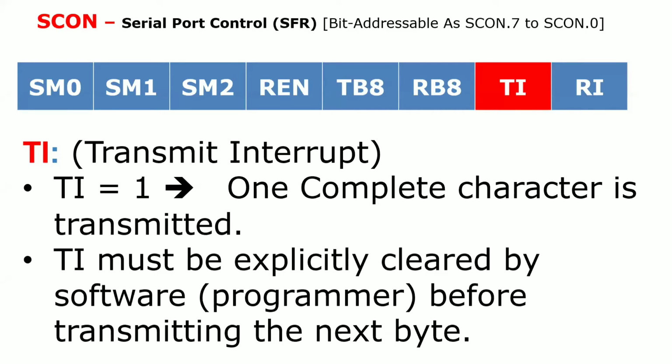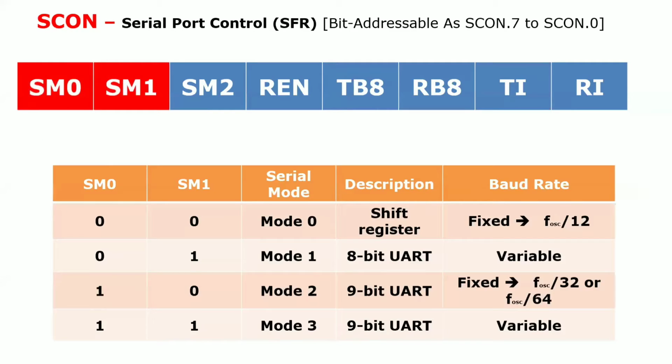When the transmit interrupt is generated, the transmit SBUF interrupts the processor once the 1 byte of transmission is successful, and it is waiting for the next byte of data transfer. During that time it will interrupt the processor, right? This also has to be cleared by your programmer. Programmer means who? You and me. Okay, now come to the next 2 bits.